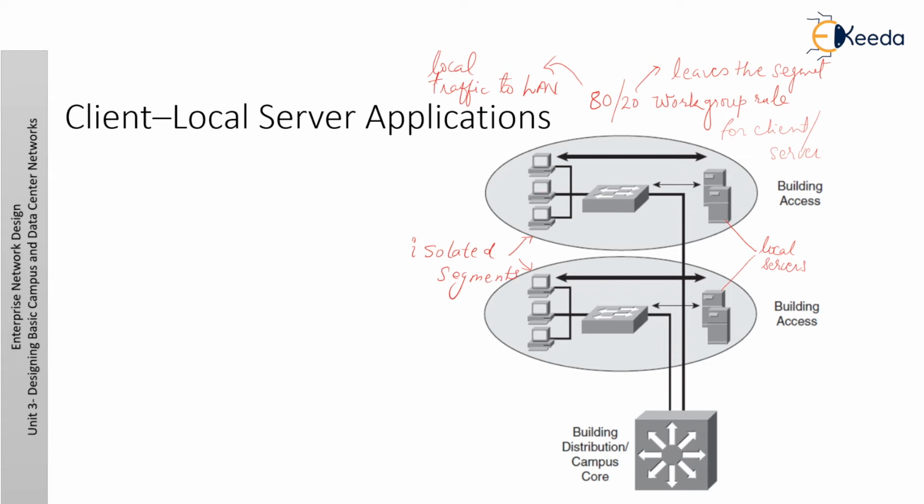Here in this particular diagram, two isolated segments are shown. Each segment has its own servers known as local servers. Here two local servers are also marked for its application. In this scenario, servers and users are located in the same virtual LAN and department administrators manage and control the servers. The majority of department traffic occurs in the same segment, but some data exchange to a different virtual LAN happens